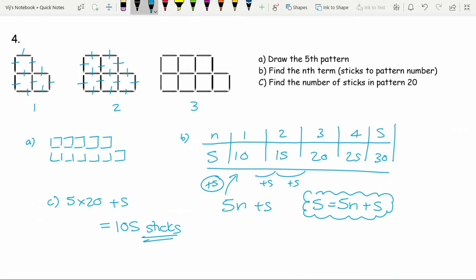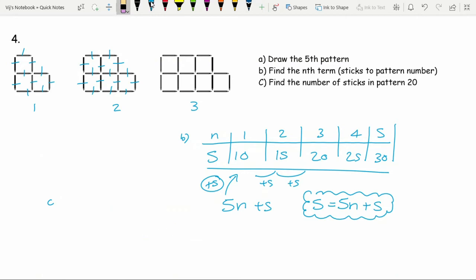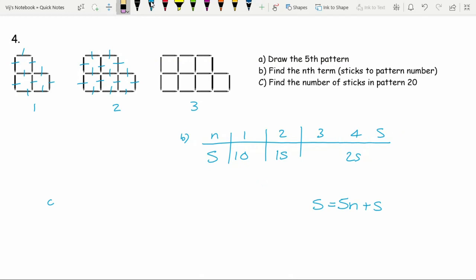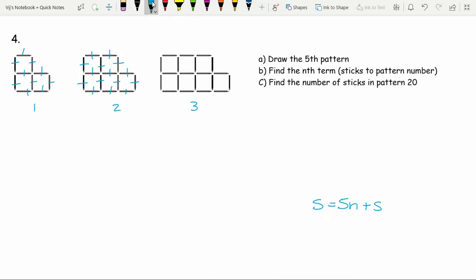So let's just write this down. And there we go. We'll just keep the formula on our screen. So if a question asked you, let's go for D, what pattern